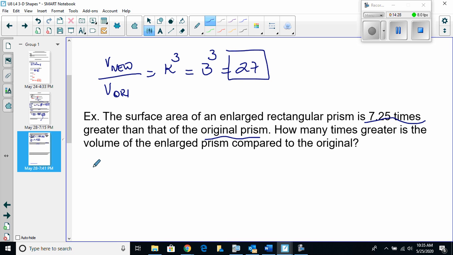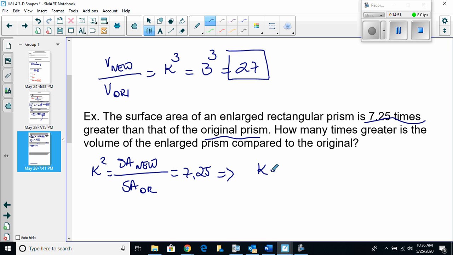K squared, the ratio between the surface area of the new over the surface area of the original, is given to be 7.25. From here we find that k is the square root of 7.25,